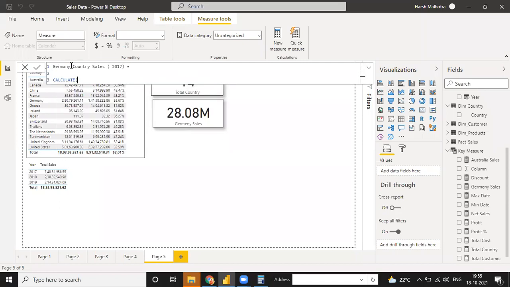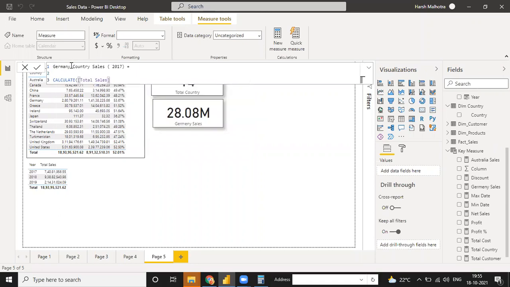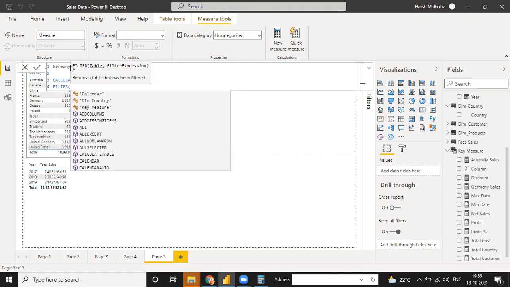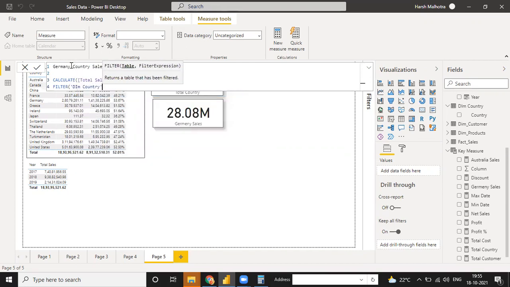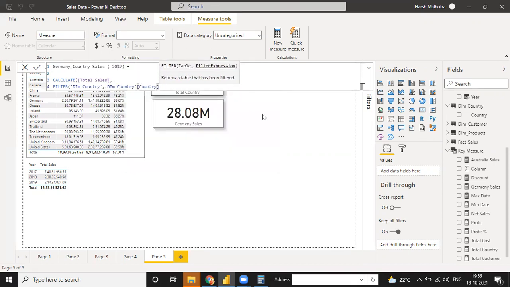We use the CALCULATE function on total sales, because we already have that measure. And for this, I use my FILTER function with the country table and country region equal to Germany.